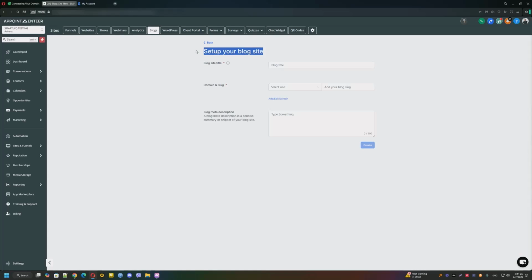So it's asking me to set up my blog site. I'm going to add a title here. Let's say SmartlyQ, test manual blog. Alright, and then as I said, you need to enter a domain in the slug, so you can press add/edit domain here, and it will take you through the guide to add your own domain. I've already added my own domain for this guide,